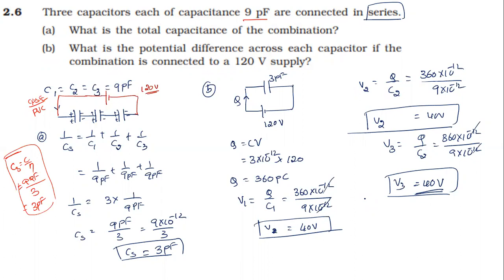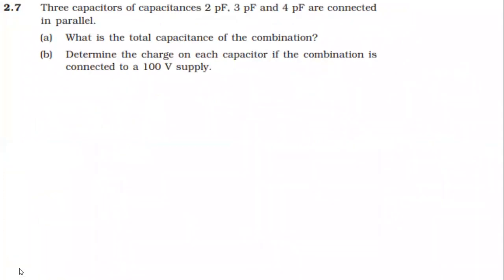Okay, this is question number 2.6. Look at the seventh question now, question number 7. Yes, 3 capacitors are given here. Let's say C1, C2, and C3 are connected in parallel combination. So you need to have a mind idea now. First capacitor, second capacitor, third capacitor. They are connected in parallel combination.